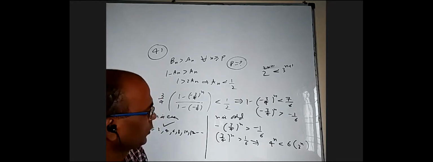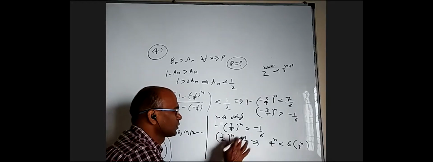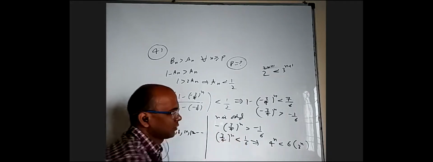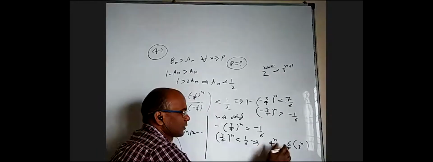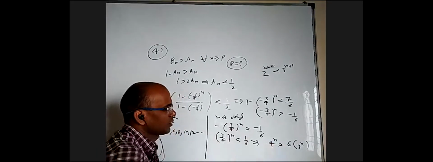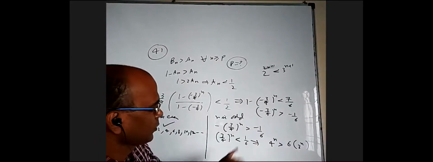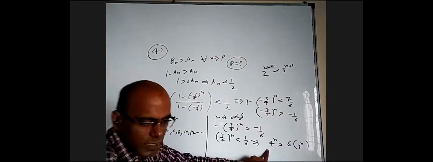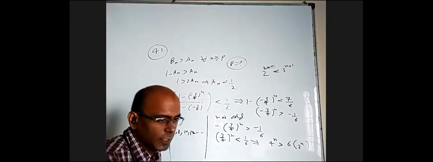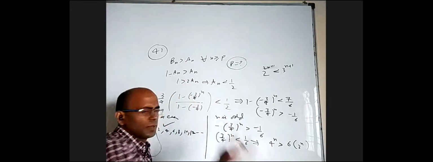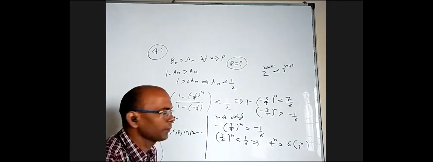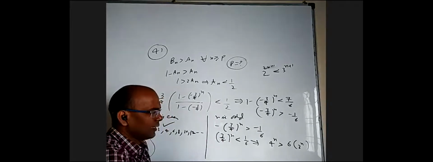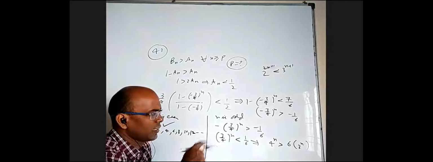Sir, yes, please. 3 by 4 whole power n is less than, yeah, this is greater. Thank you. I said it, but I did not write it. When you remove minus, greater than will become less than. So initially, this is smaller. Only after some time, it will be greater. And then I have to check odd numbers only. I don't have to check even numbers. So I can even draw the graph and see where they're intersecting roughly.